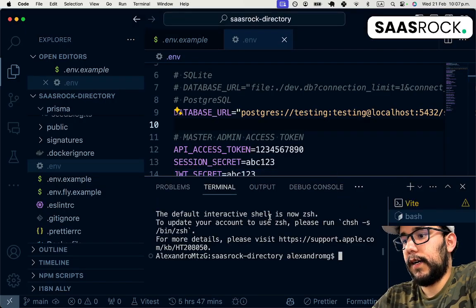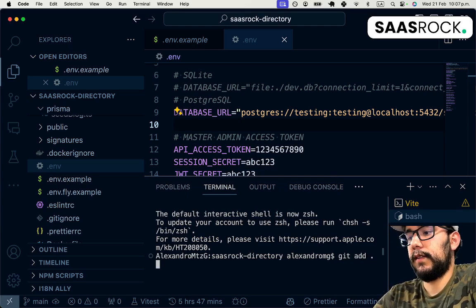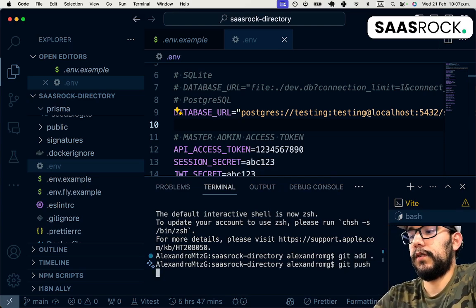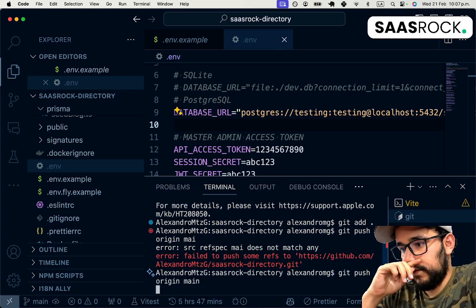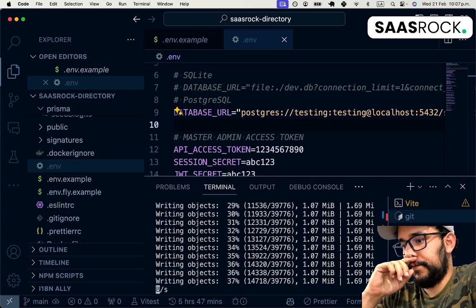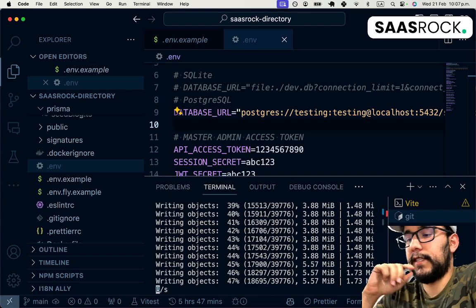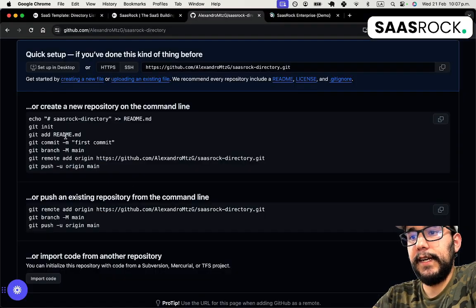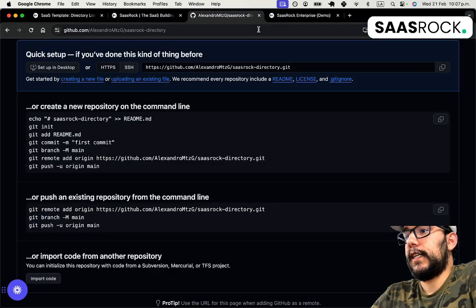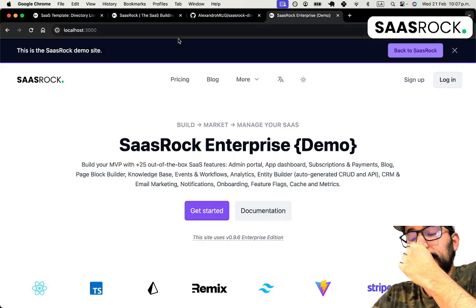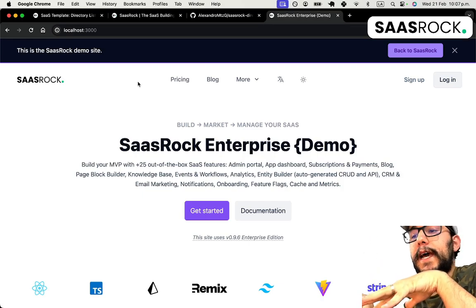I think I needed to add git add dot and then git push origin main. Yeah. Instead of this line, git add readme, I'm adding all the files. Now let's see on the localhost port 3000, we have a blank